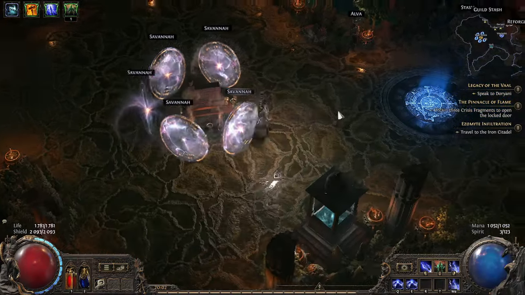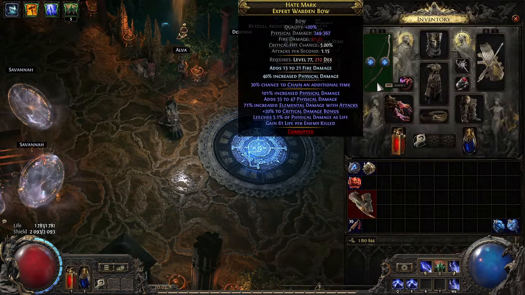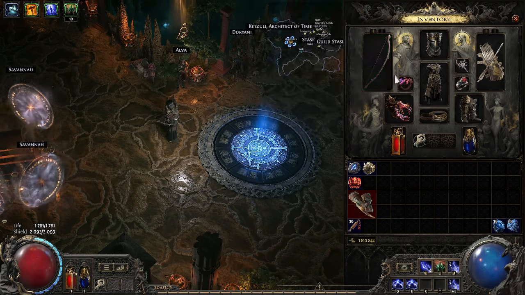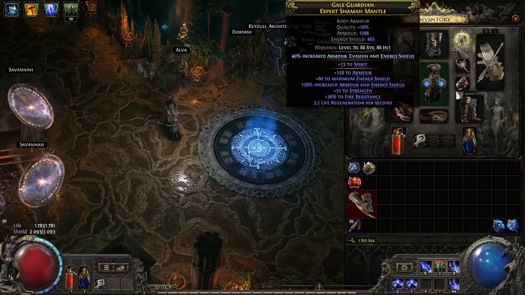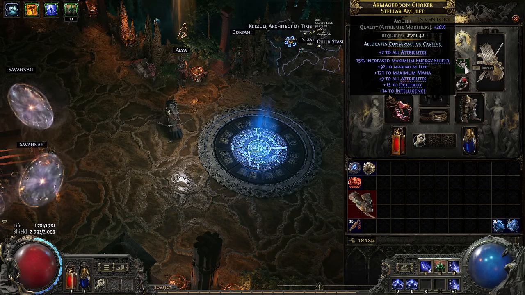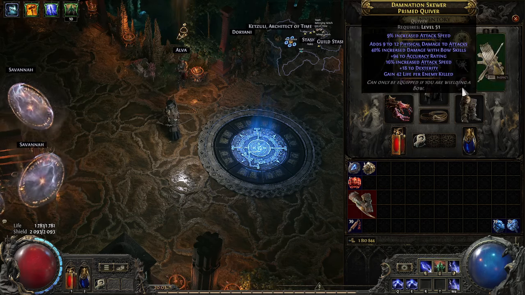Alright, so for gear we are running just a decent bow. Could be way better easily. I didn't want to spend too much currency on this. Has a little chain, has a little elemental damage, crit, whatever. Then just a normal armor, energy shield, armor energy shield, resistances from rings, and this build needs a lot of stats. So I have obviously a lot of stats from this, and then a quiver,